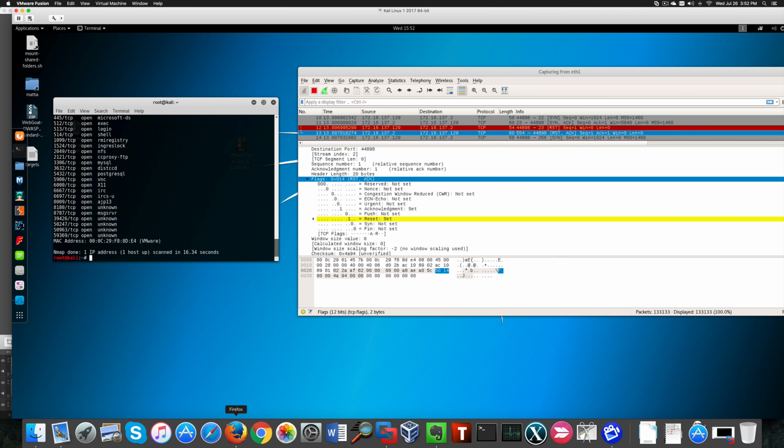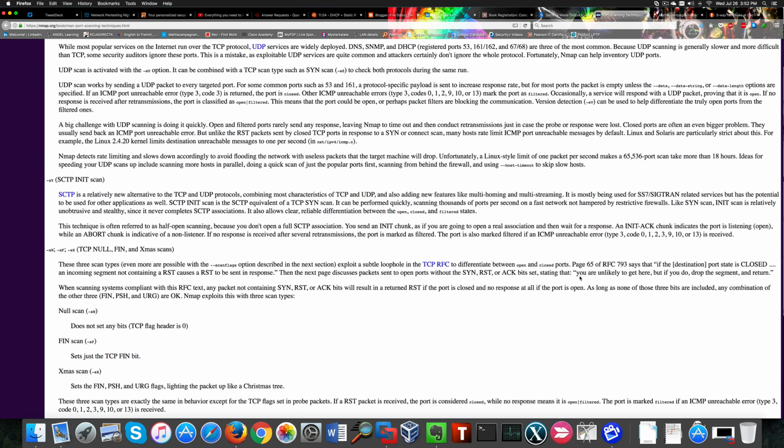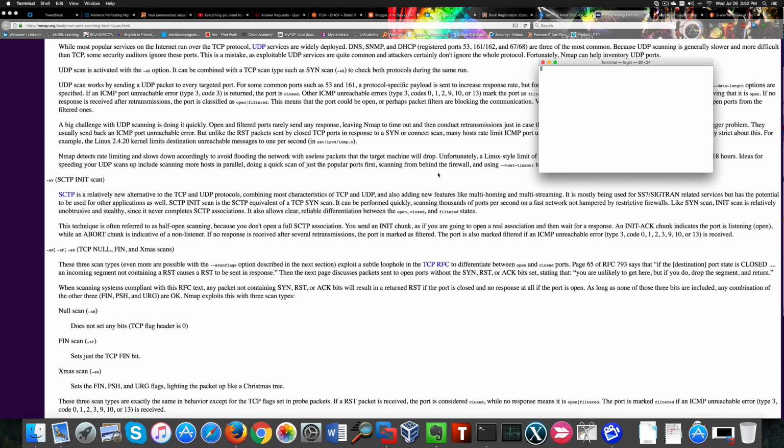It basically uses, we can see here, unusual TCP flags in order to understand, in case we have a firewall, if a certain port is closed or open,